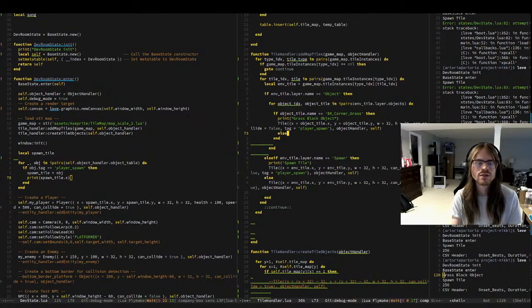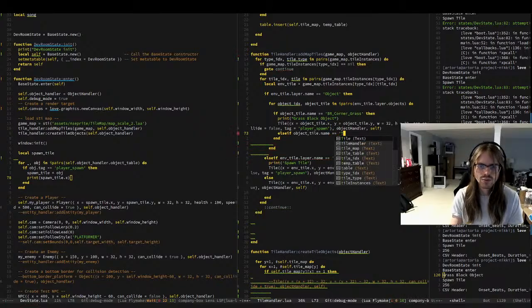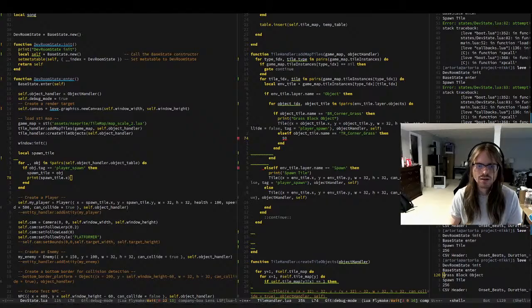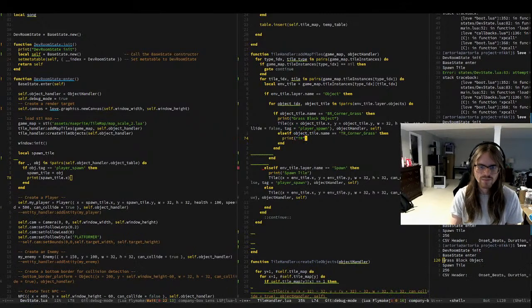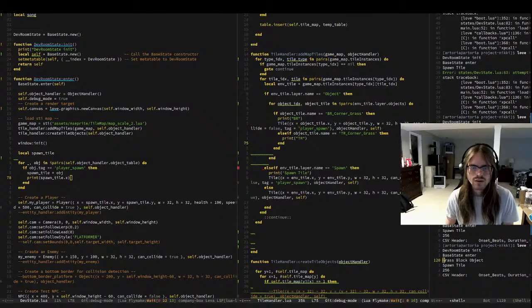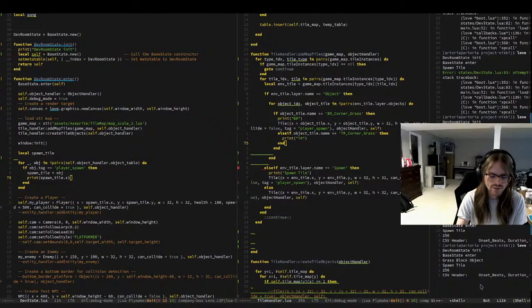So else if object tile dot name is equal to top right corner grass, then print top right. And then up here, we'll delete, delete. And we'll do bottom right. And then that should be,